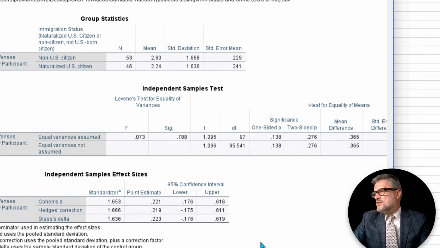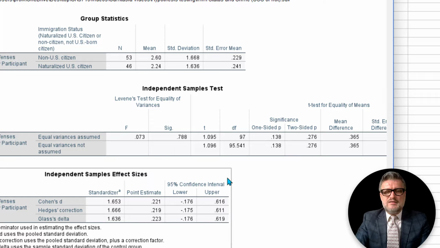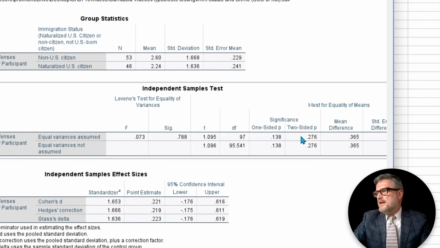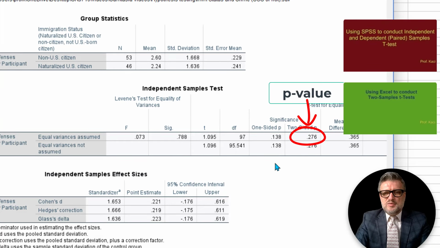The output will show the independent samples table. Now it's going to be a 2-sided p-value because I selected a 2-tailed alternative hypothesis. So it's going to be a p-value of 0.276. All the intricacies of why I chose this p-value out of these 4 p-values are in the independent samples t-test video that I created, and you can find up there.